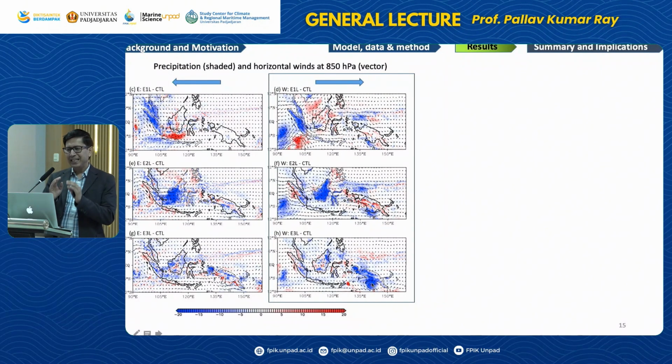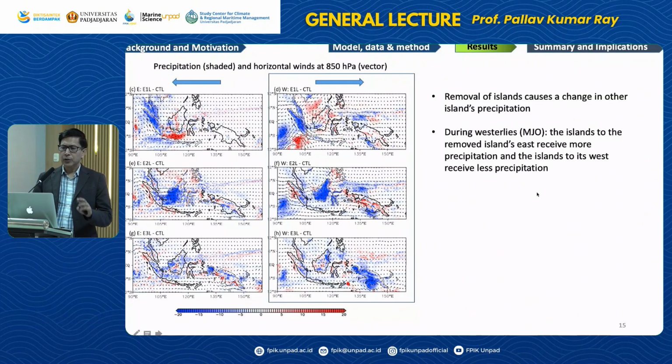But what is really interesting is, when you remove Sumatra, what happens to Borneo and New Guinea? If you look closely, you'll notice that there is an increase in precipitation over Borneo by and large, and there is also an increase over New Guinea, correct? And we'll explain why that may be the case. So just to summarize, removal of islands causes a change in other islands' precipitation. There is no doubt about it. And during westerlies,